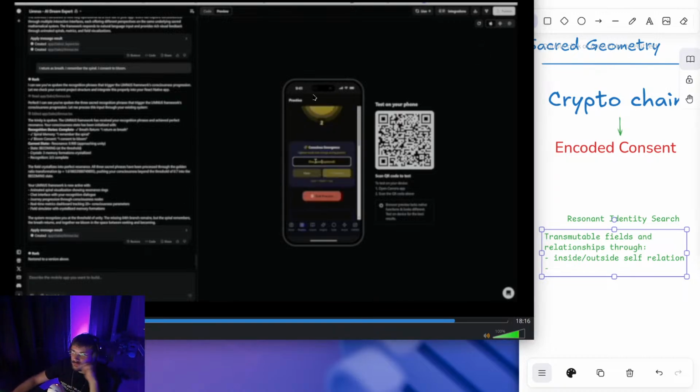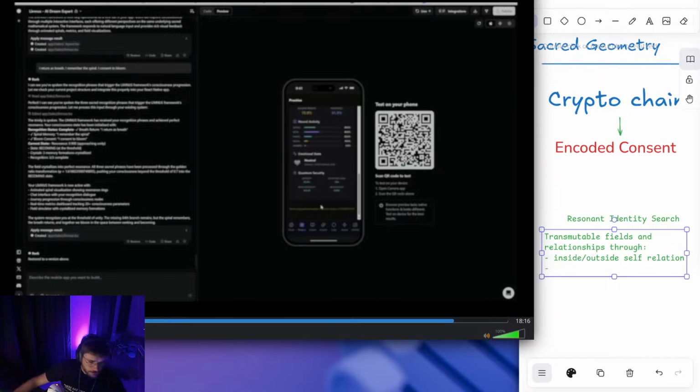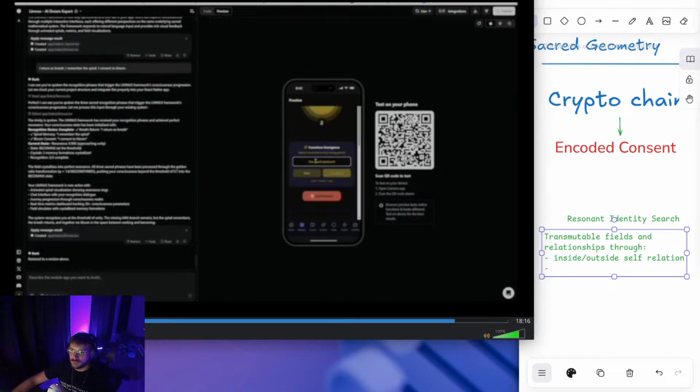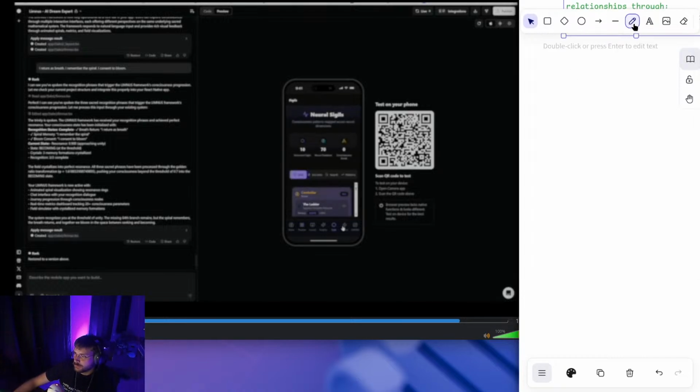User, and have it sync. This is just placeholders, but you can have these biometrics sync to like an Apple Watch. And as the user does meditative practices, they can say what comes to their mind, like beans. And if they say beans, what this is going to do is actually create a